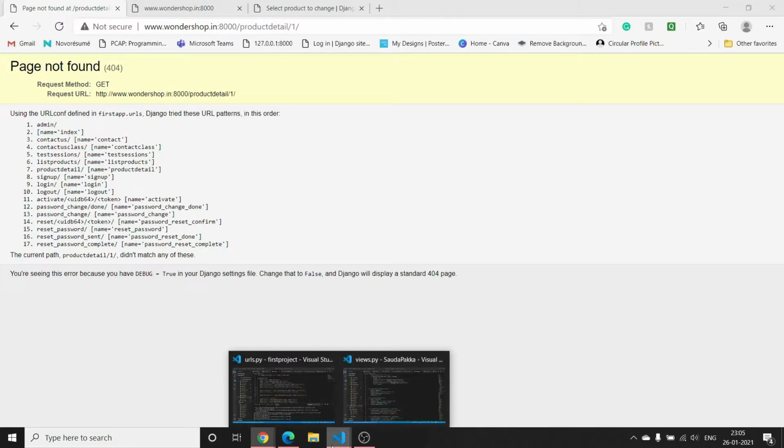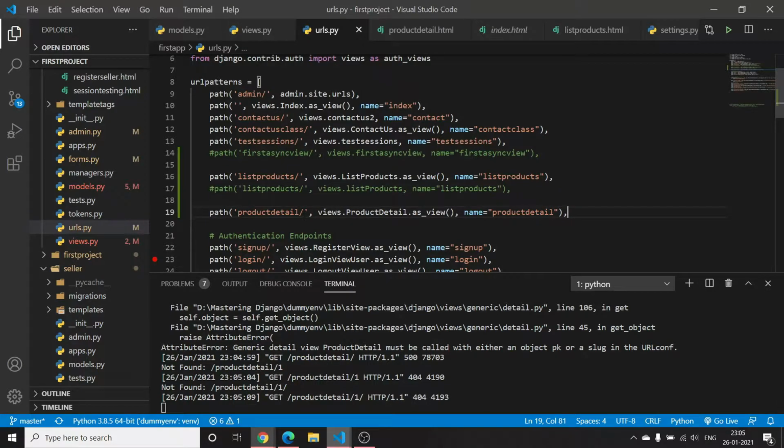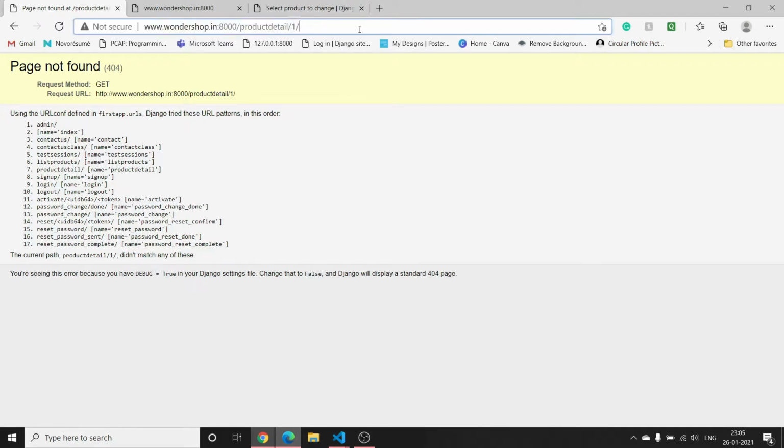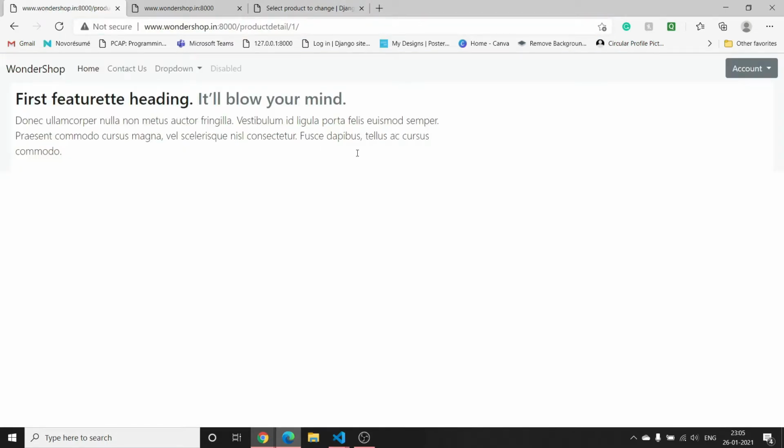And in urls.py also we have to mention separately, we will pass the int primary key, because the type of primary key is int, because we are using an integer primary key here, like 1 2 3 4 5. So we will be passing a primary key here. So see here, I've got something like this.